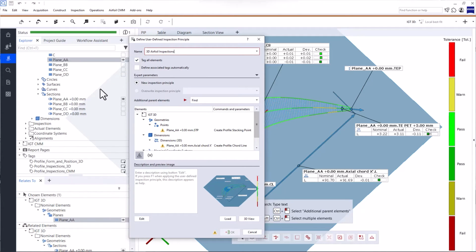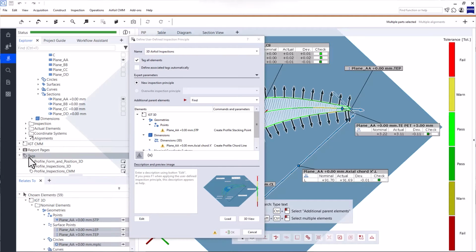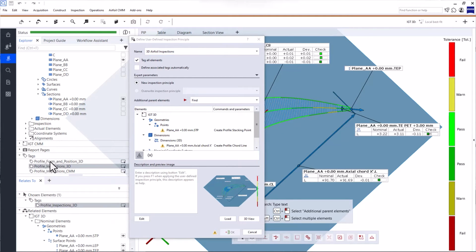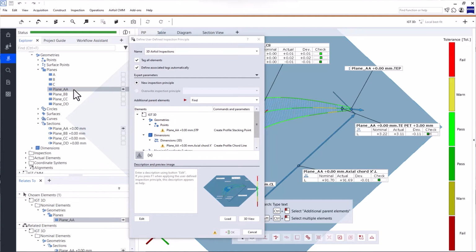Now, as you might remember, we manually created tags containing a subset of elements for the profile inspections and the profile form and position inspection. With Define Associated Tags automatically, the software automatically creates all these tags for every other parent element, so every other plane. In this case, we want both.